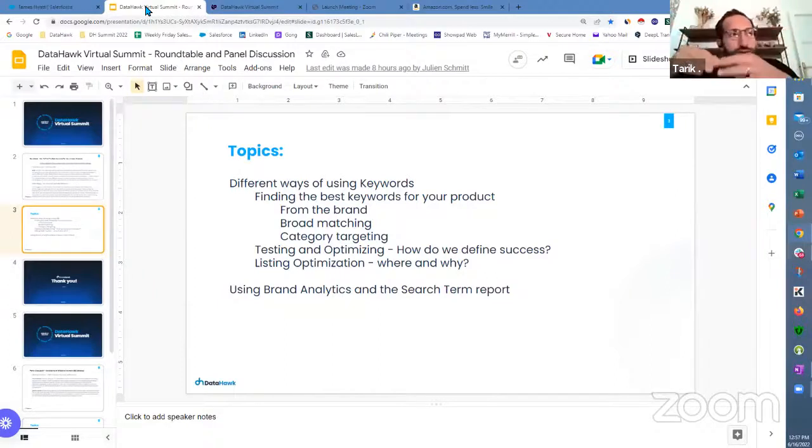For example, if you find that a lot of people are misspelling a query, you don't need to have the right spelling and the misspelling in your listing or in your advertising targeting, because most of the misspellings and variations around a query, like shoes, are grouped and considered as one by Amazon.